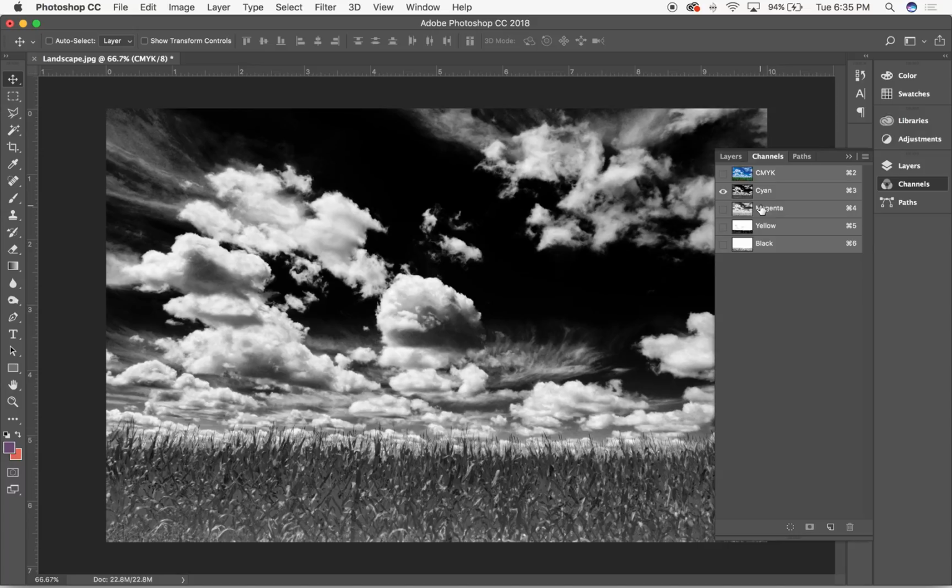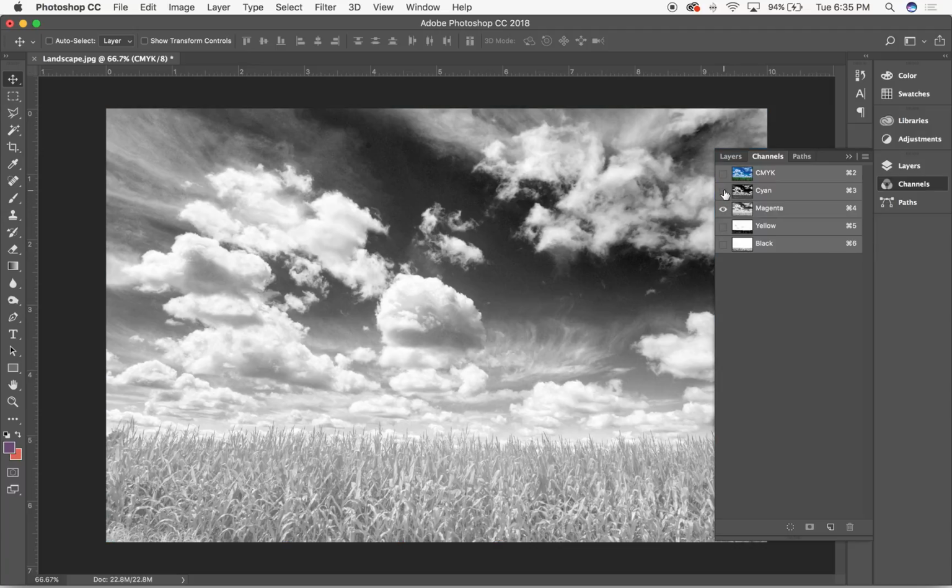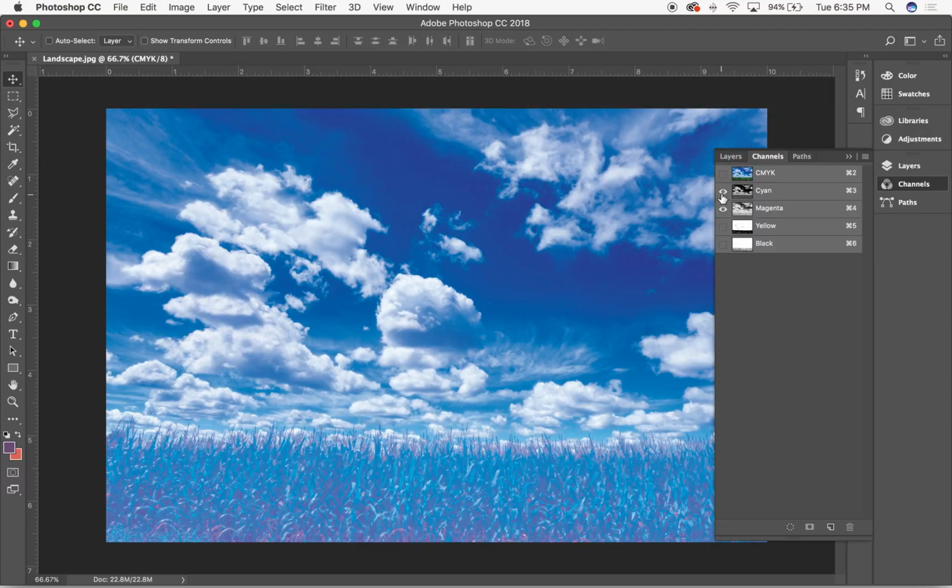They're just calling it channels. The printer person will call it plates. They're really the same thing. So these are just really photo negatives of those four different colors on the printing press, just embedded as data into this image. So I can isolate those different plates, if you will,